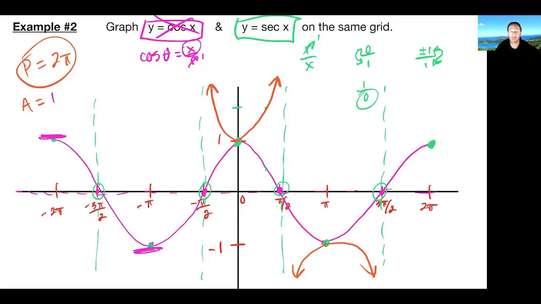Well, no longer is there an amplitude, just like with tangent and cotangent, because these actually go up and down forever. But again, even though there isn't officially an amplitude, I will still use that terminology of 1, because yes,